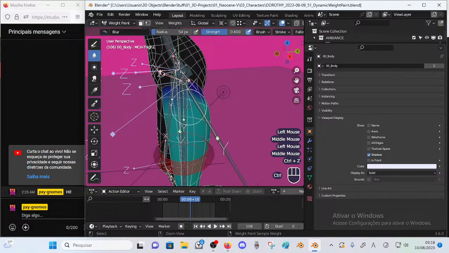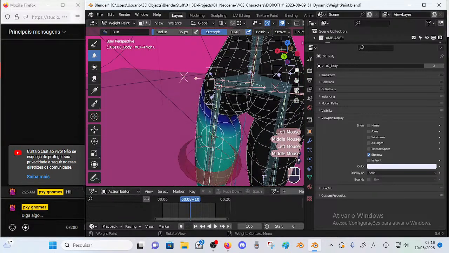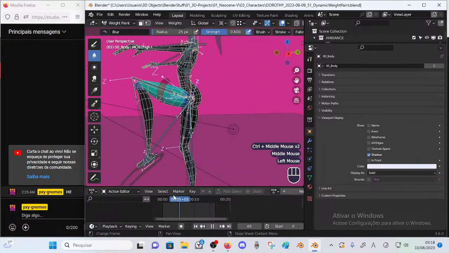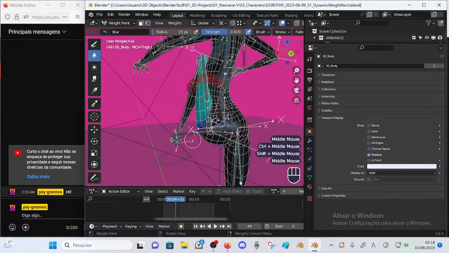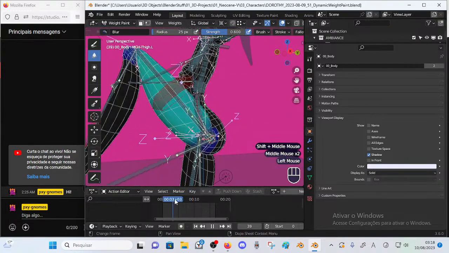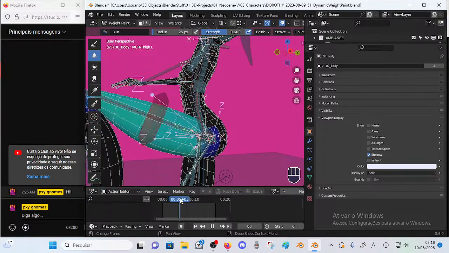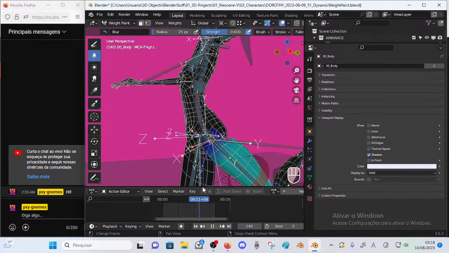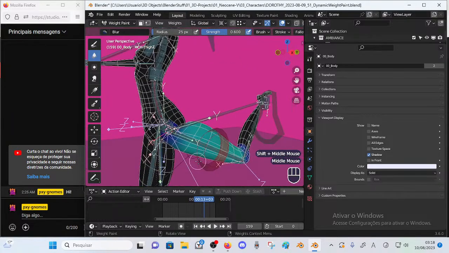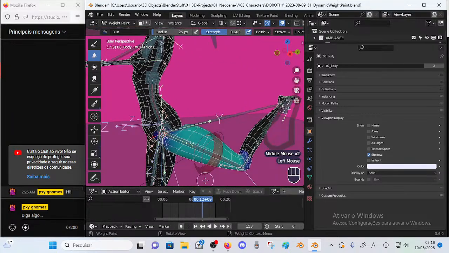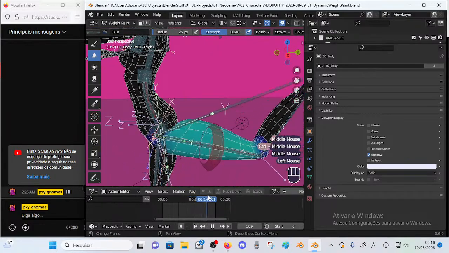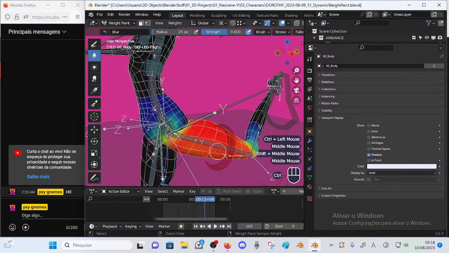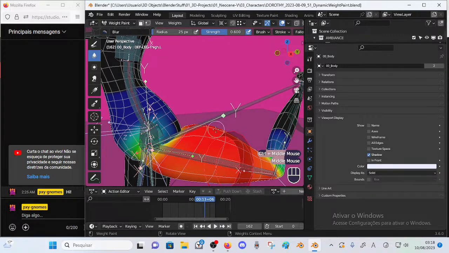And of course, just as the thigh itself has crazy effects, this also has crazy effects. It won't create more issues because it is just sharing the same weights. So it's like the thigh was still there, but now the thigh has a brother, a twin, or a sister. Actually, this won't do anything the way it is to my deform system,